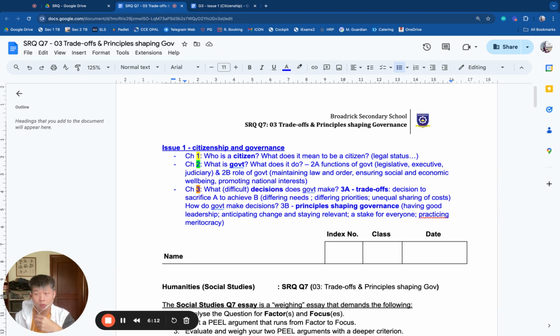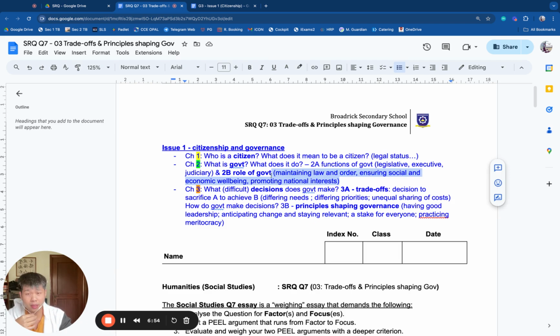The government is there to take charge of a country and to ensure the well-being of the country. And in 2B, we saw a little bit of this. We said the government should maintain law and order, which means that they have a good police force to prevent and deter crimes. They could catch criminals, whether it's the violent kind of criminals or cyber crime. And by preventing crime and by restituting a sense of justice to the people in the country, people feel safe, they feel secure, they feel like there are consequences meted out to offenders, and that allows them to benefit from a good government.